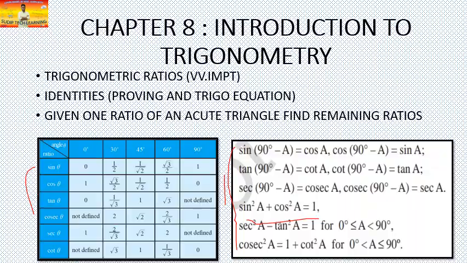There are only this much things. If you know that sine is opposite over hypotenuse, you know all the things, you are done with this chapter. I'm telling you, see how fast I finish with this chapter, because it is very easy. Only thing you have to know is this table and these identities and you are done. Okay,